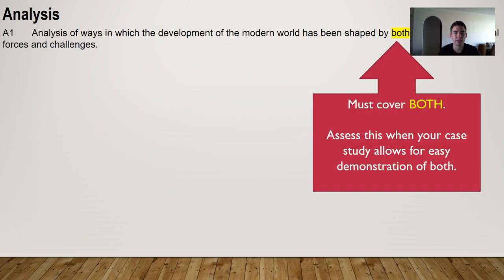Here we'll be looking at internal and external forces. So internal is all within the country. So you could talk about hyperinflation, you could talk about all of the threats that the Nazis faced. External challenges are all about things that are taking place outside of Germany. So, you could reflect on the US loans that were being given to Germany. You could talk about the Treaty of Versailles, obviously, as being something given to the Germans to deal with. And so you need to try to reflect on both the internal and external forces throughout your letters.